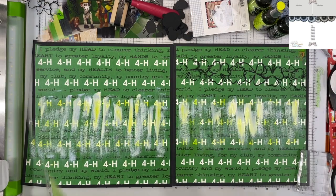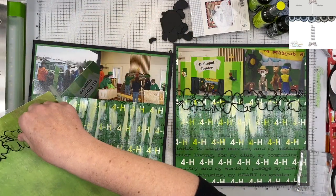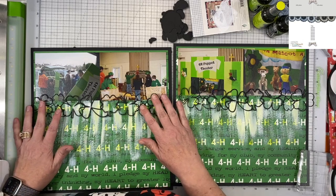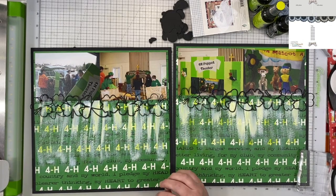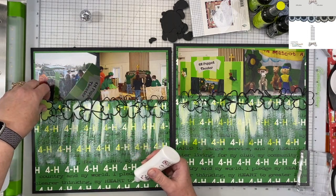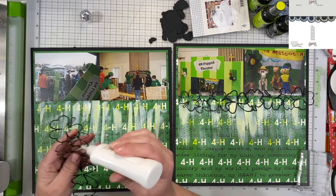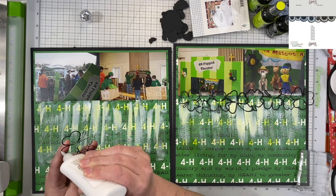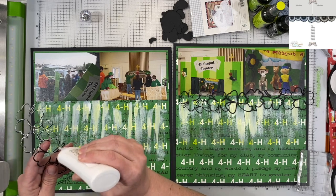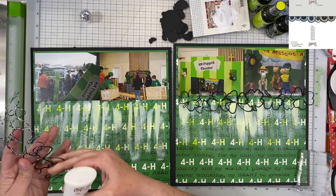So anyway, there's definitely a lot going on because there's that text paper, so I'm doing everything I can to tone it down. I'm not sure that those white streaks toned it down any, but this border strip with the black is definitely going to tone it down a little because I'm going to fill in all of those clovers with this lighter green color. And so what I did was I ran that lighter colored paper through my Silhouette,